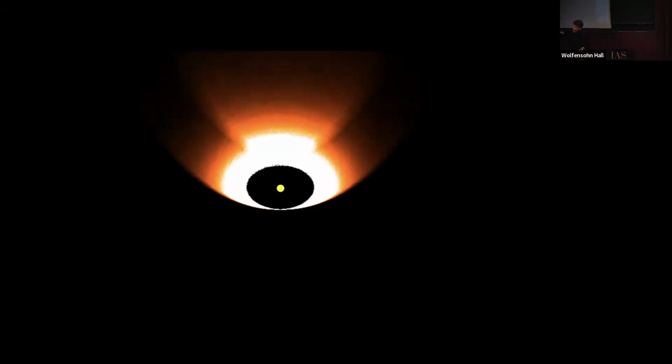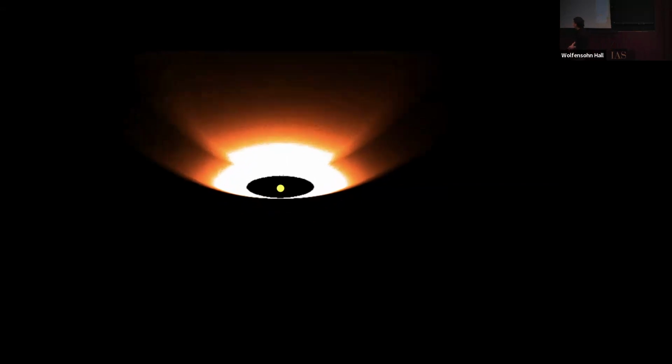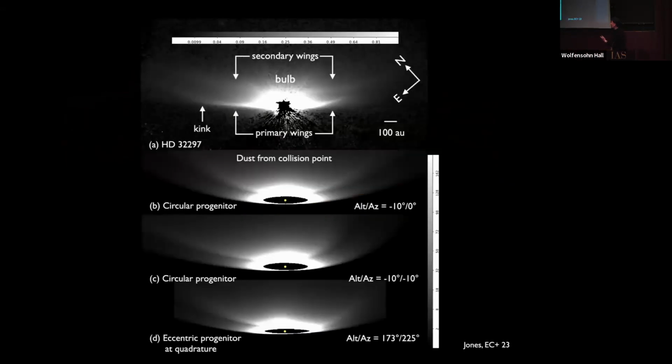We can do it by taking this pattern, this is the face-on pattern, and tilting it over so that the whole wash of grains tilts over so that it looks more edge-on. All the dust is now streaming at you. And the primary wing, that parabola gives you the first arc, and the two jets cohere and superpose to give you this parallel wing on top. Now you can take the whole thing and just swivel it over in azimuth and produce some lopsided disks that way. So this is our go-to explanation for this really weird thing, 32297.